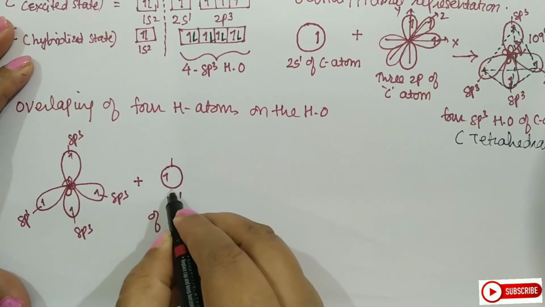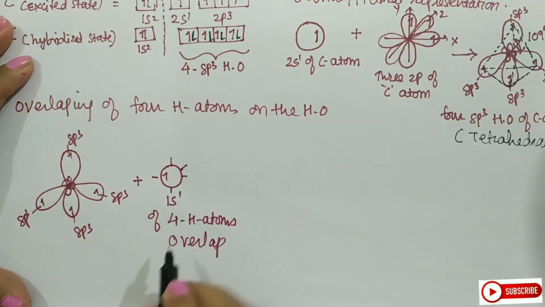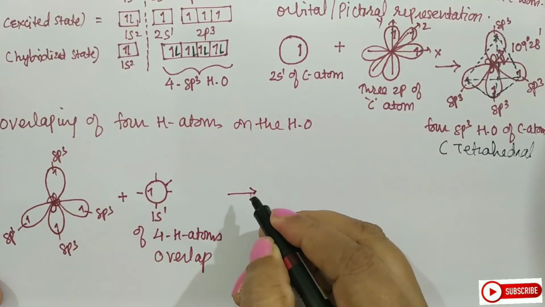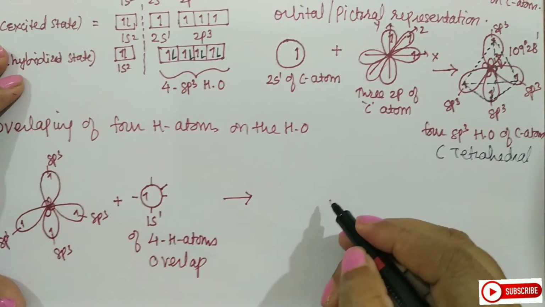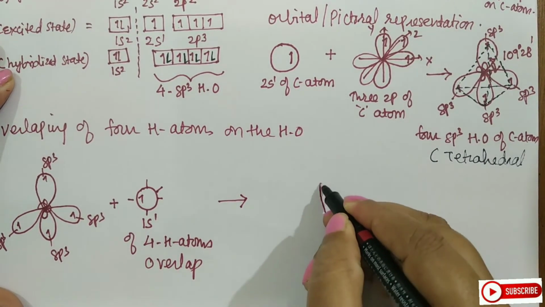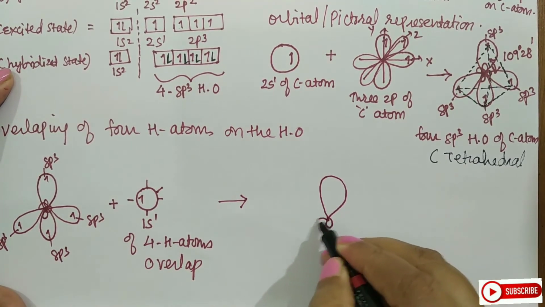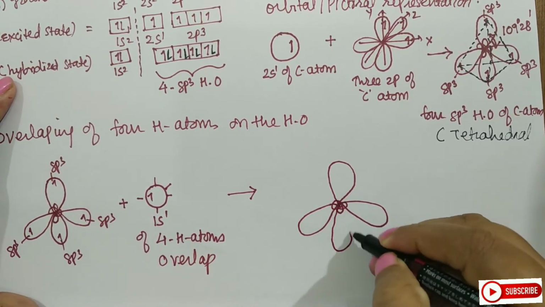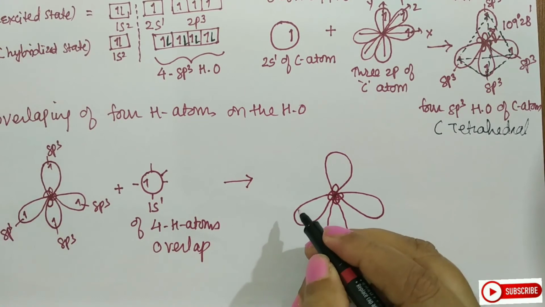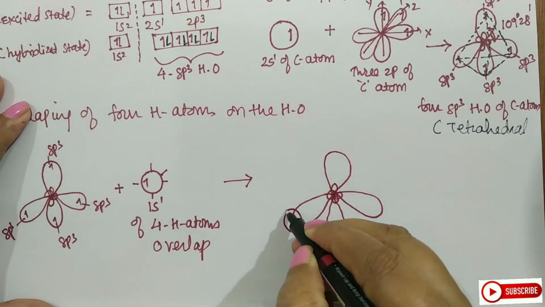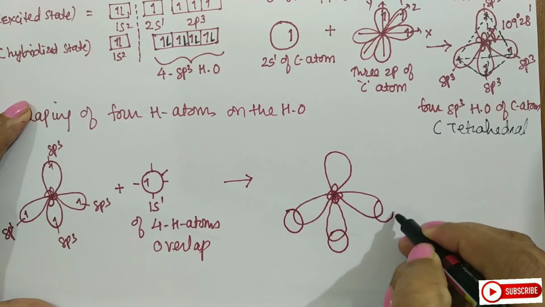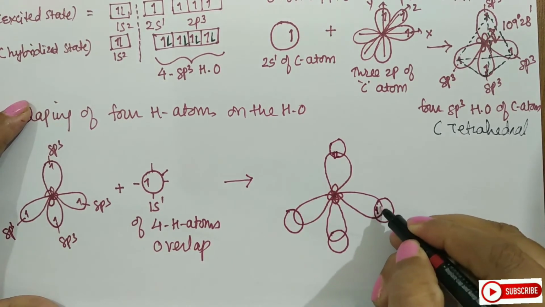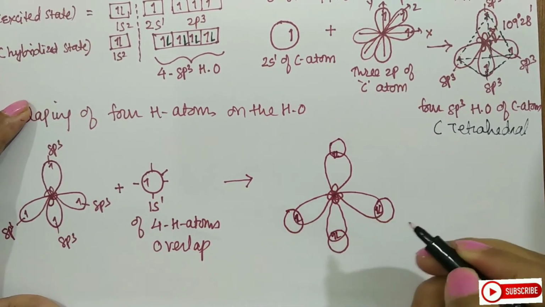Now you know that the hydrogen orbitals are spherical. Now this hydrogen orbital will overlap onto this, and then the structure of methane will get formed. So let us see the structure of methane now, how it looks. This is the first orbital, the second orbital. They all are hybrid orbitals, students, and this is how the hydrogen will overlap now. This is the first hydrogen, the second hydrogen, third hydrogen, and the fourth hydrogen. Now the electrons will get paired here in this way, and a strong sigma bond is formed.